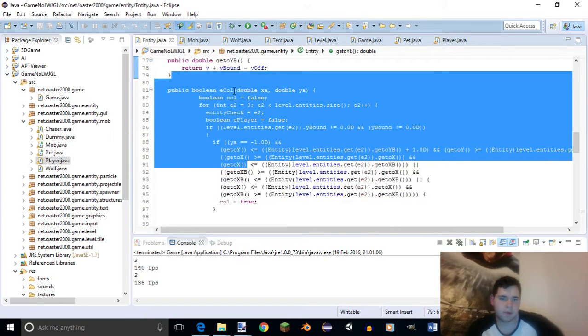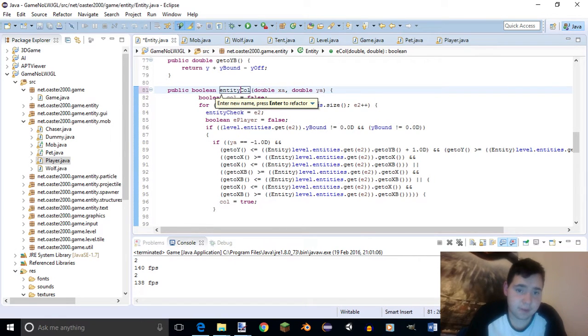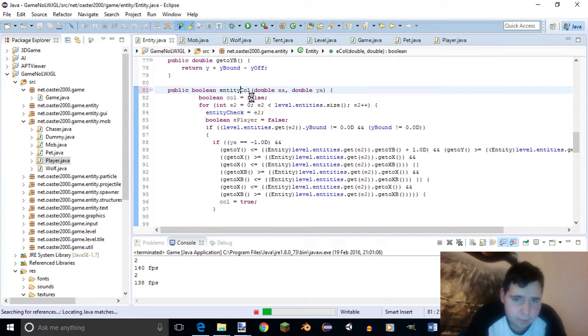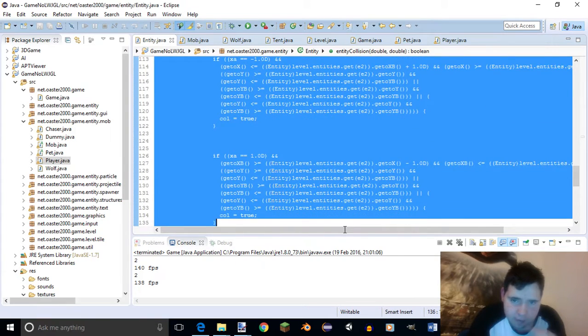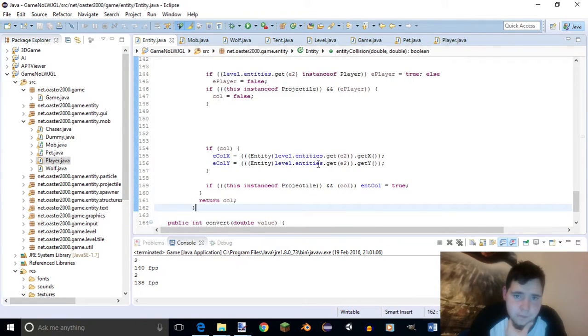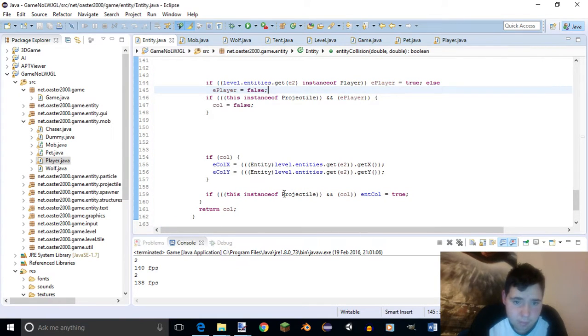And first off, rename this, because I hate this. Alt-Shift-R. Entity collision. No, entity call. No, still don't like it. Alt-Shift-R. Collision. Okay, then down here, so this is complex, some of this. Just going to do this for you so you can see. If instant projectile ent call equals true, and that does nothing really. Whereas, okay, so what I want to do is